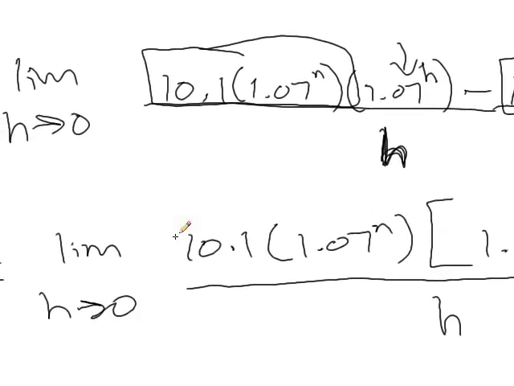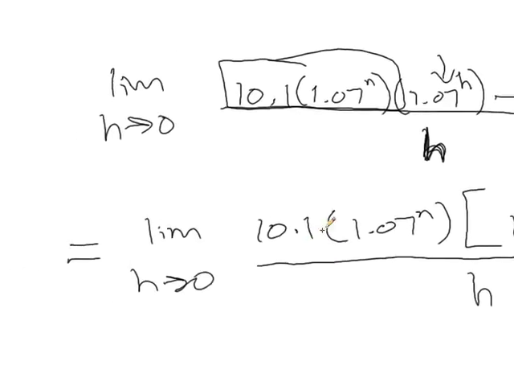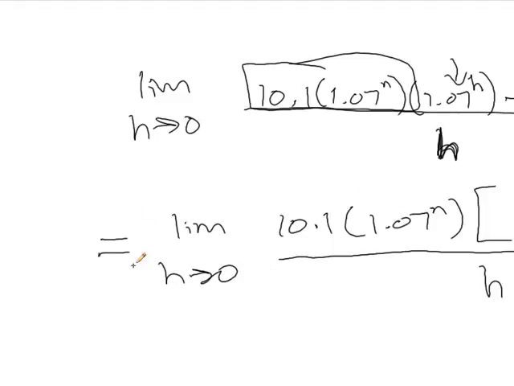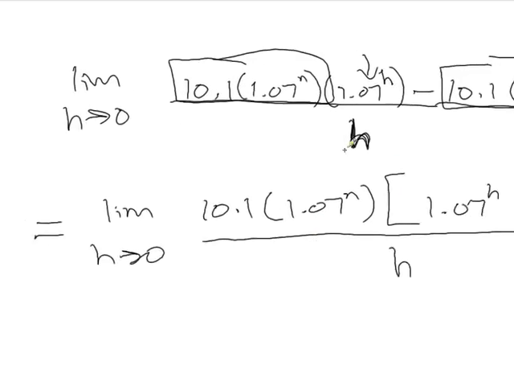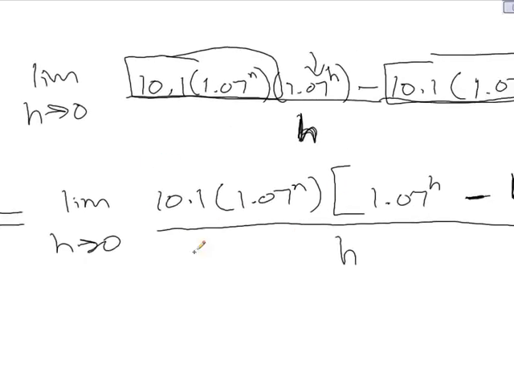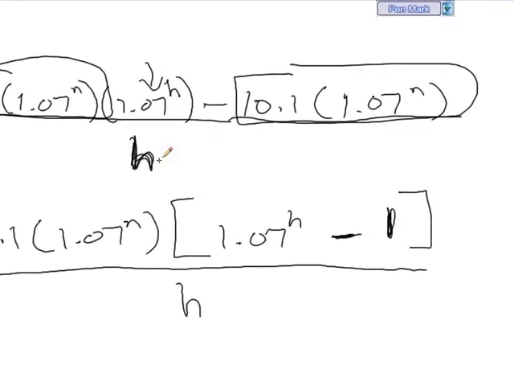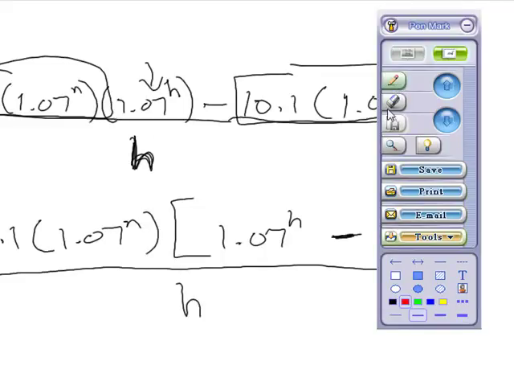Well, notice that this guy right here, 10.1 times 1.07 to the n, does not really depend on h. So you can think about this as, if you'd like to, you can pull it out front of the limit sign, because as h approaches 0, that's not going to change the fact that you're still going to have this piece here. So if you prefer just not to have to factor more things out, why don't we do this? Let's go ahead and now think about what's happening over here. So here's our critical piece. And the reason it's critical is because